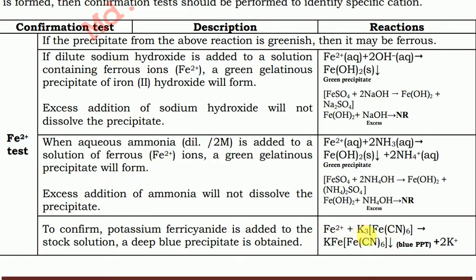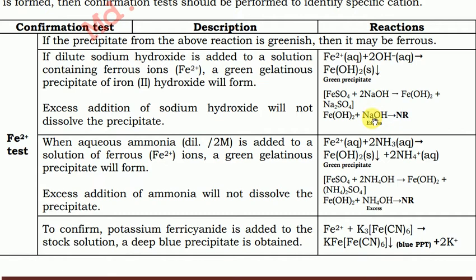If the addition of potassium ferricyanide produces blue PPT, then it will be indicative of the presence of ferrous ion. So let's review this again. We have to add sodium hydroxide to the sample solution. It will produce a green PPT of ferrous hydroxide, and excess addition of sodium hydroxide will not cause solubilization